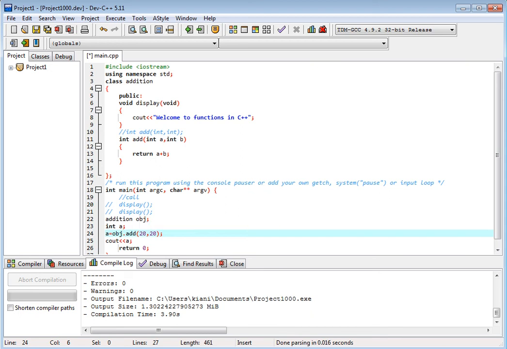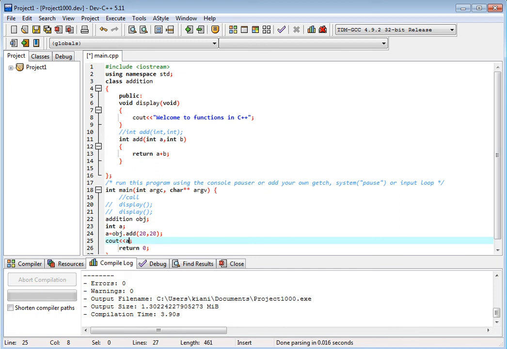So I am calling this function using the object of that class, and I assign it to a local variable inside main, and I print that local variable there, right? This is simple, how we declare the class, how we declare the functions.